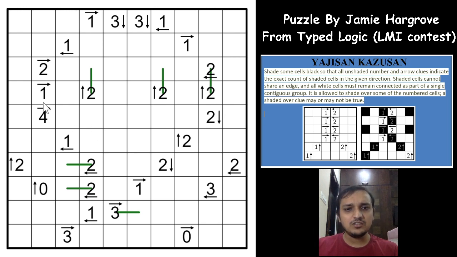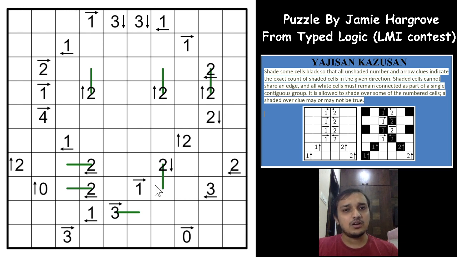So you cannot apply this for the 4. You have exactly 8 cells here, and you have many ways to shade the cells. So let us see by the mathematical method. 4 times 2 is 8, minus 1 is 7. You need exactly 7 cells to make sure that this cell and the next cell can be marked by a line. So you have exactly 1, 2, 3, 4, 5, 6, 7, 8 cells, which means that this logic won't be applied here right now. Let us see what else we can get. So again we can apply this logic here.